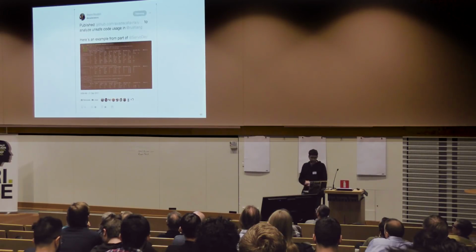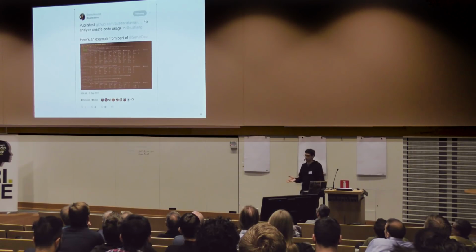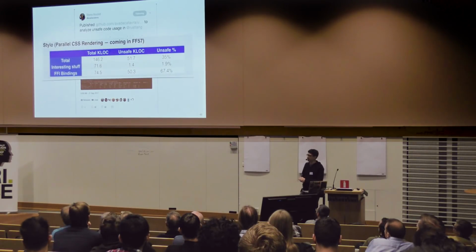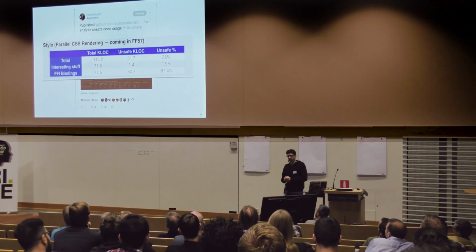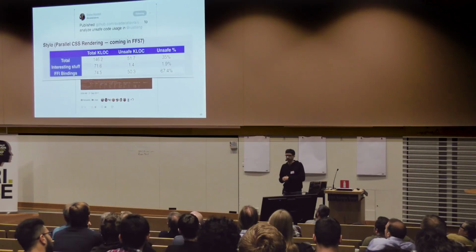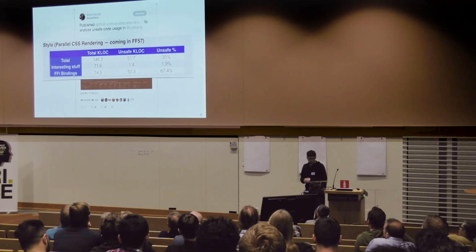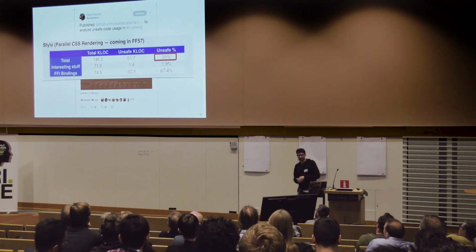So you might be curious how much unsafe code happens in practice. I know I was. And the answer is really it depends, right, on what you're doing. A lot of programs, none at all, but some have more. So this is a little mini study we did. I'm going to talk in more detail about it, but we were looking at this parallel CSS renderer that we implemented. It's now shipping in Firefox. And we wanted to know how much unsafe code was in there. And the first measurement we took, I have to say, was a little distressing to me, because it was 35% measured in terms of lines of code. And I thought, that is way too high.